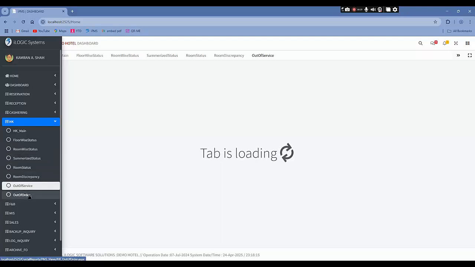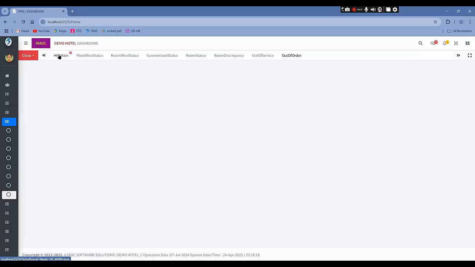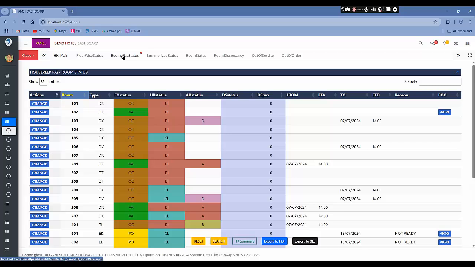Out of services, out of order. So let me go to the main screen. That one is housekeeping main, and you can see here the floor-wise status report, room-wise status report, summarized status report, room status report, room discrepancy report, out of service report, out of order report. So all these are the reports related to the housekeeping operation, and this is the main screen, housekeeping main, where